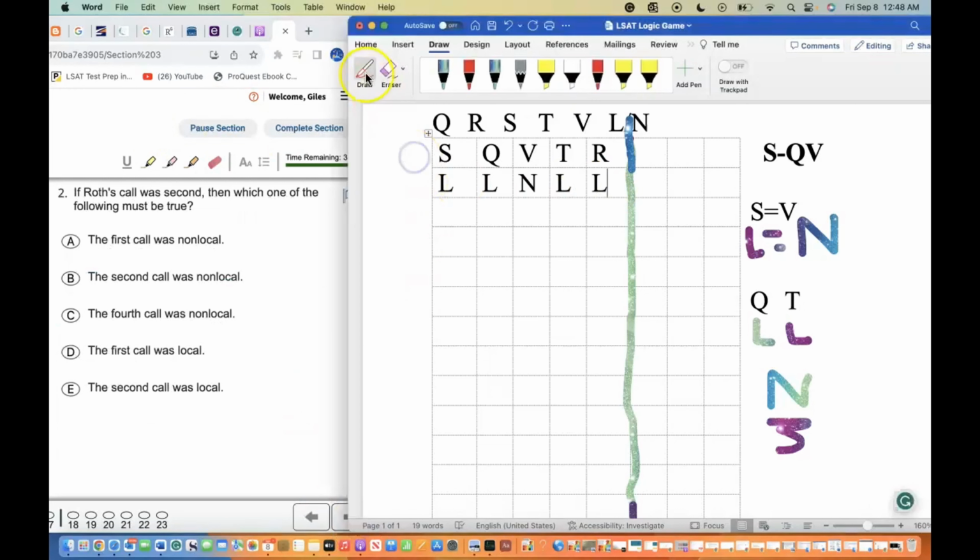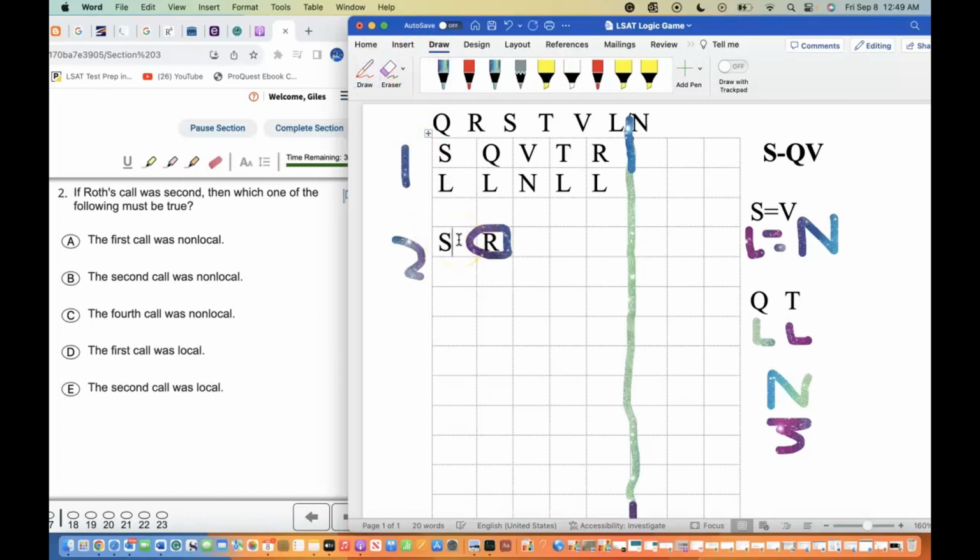Now that was for question 1, so I'm going to put question 1 here. Now I'm going to go ahead and put question 2 with a space in between them. Ross was the second call. So let me circle it right now, meaning that that's going to be the question, and Sally can't take that away. Then which of the following could be true? So if Ross was the second call,